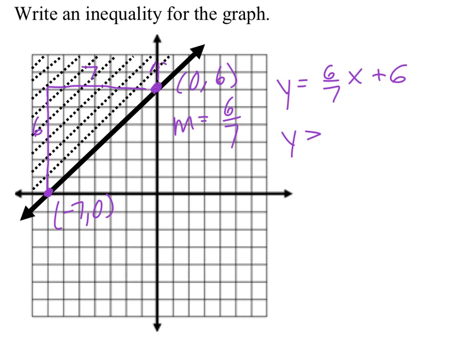In order for that to happen, it has to be greater than, the y is greater than or equal to, since it's solid, 6/7 x plus 6. One thing you could also do is you could take a test point. Now, I don't necessarily like testing the origin here because the origin makes it false and that tends to mess with people's heads. What I might do would be to test